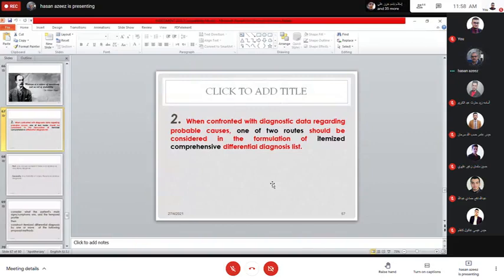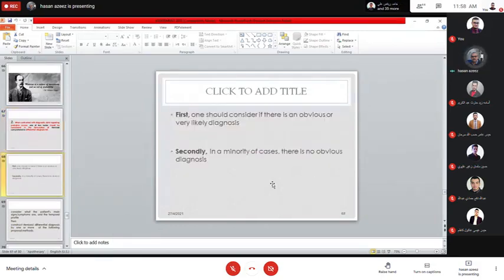Now regarding probable cause, as we said probability, one of two routes should be considered in formulation of the itemized differential diagnosis. Now we come to the itemized differential diagnosis stage. We have two routes, one of two. Either to